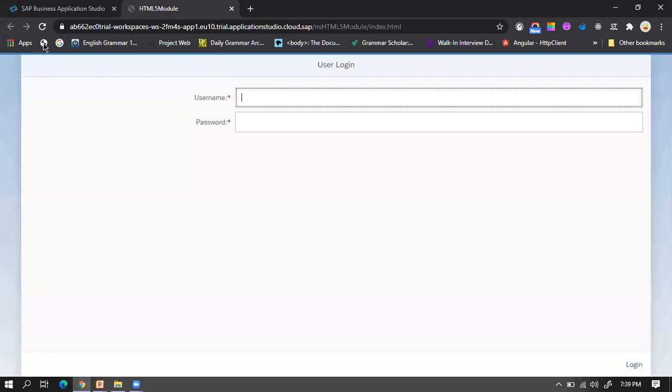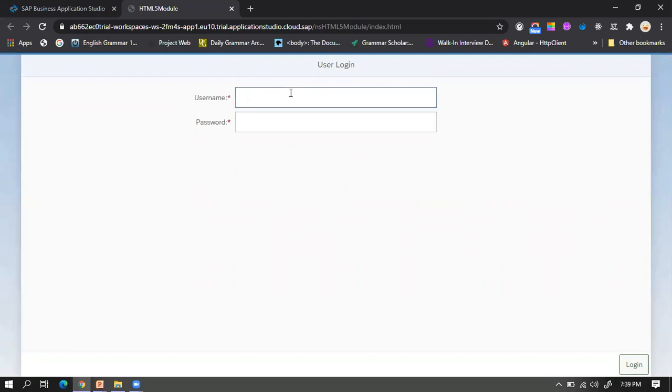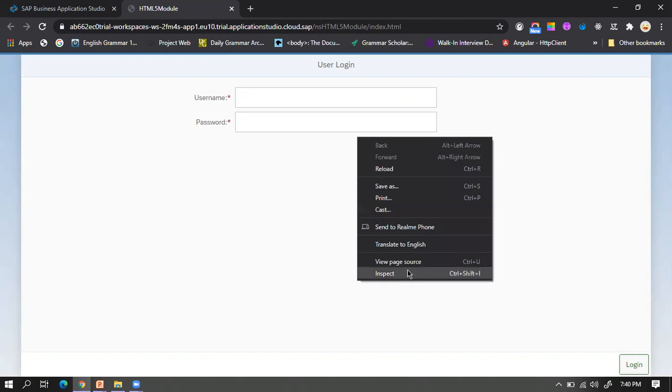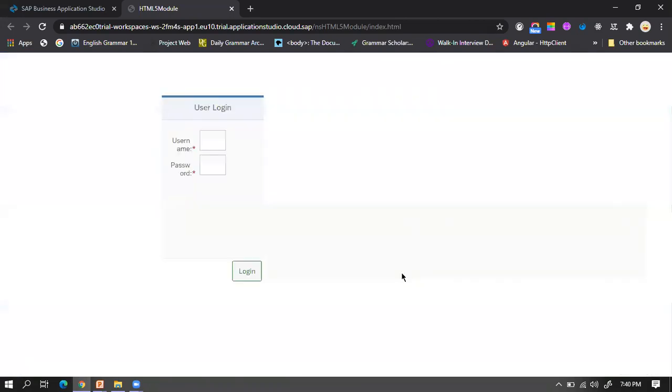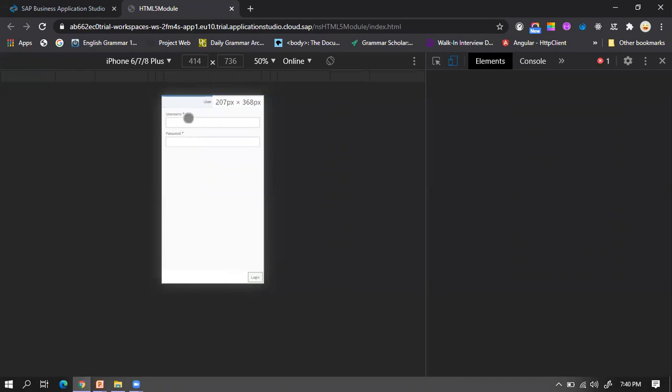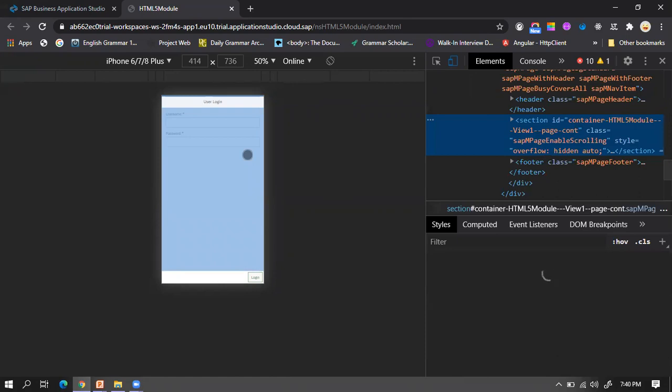So let's save and refresh your application. Let's check it now. We need to check whether our form is responsive or not. So finally, you can see the results that our login field, that is the input field, is set to the proper distance. Let's inspect and check on mobile devices. Okay, so it's adjusting automatically based on the device.